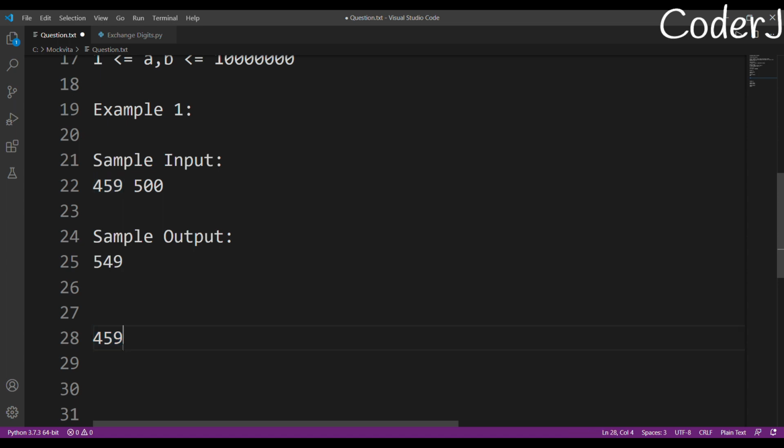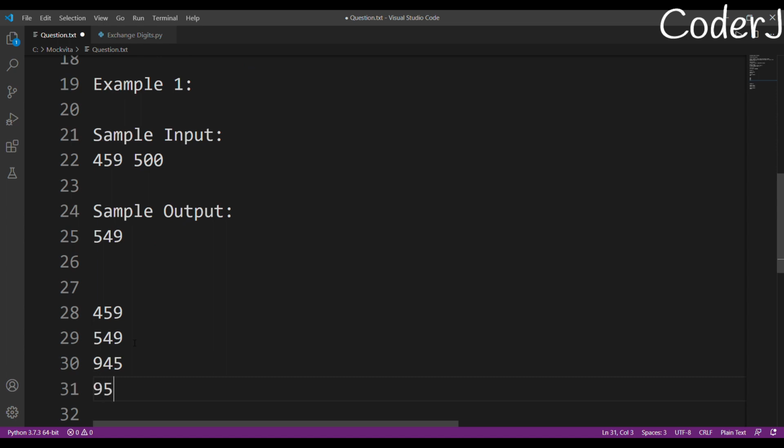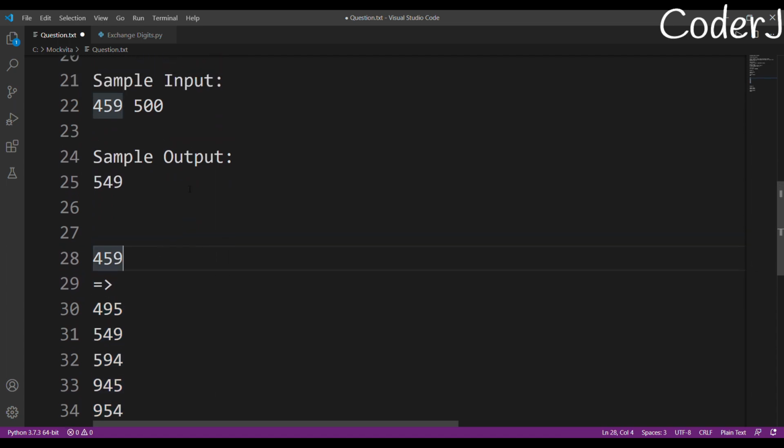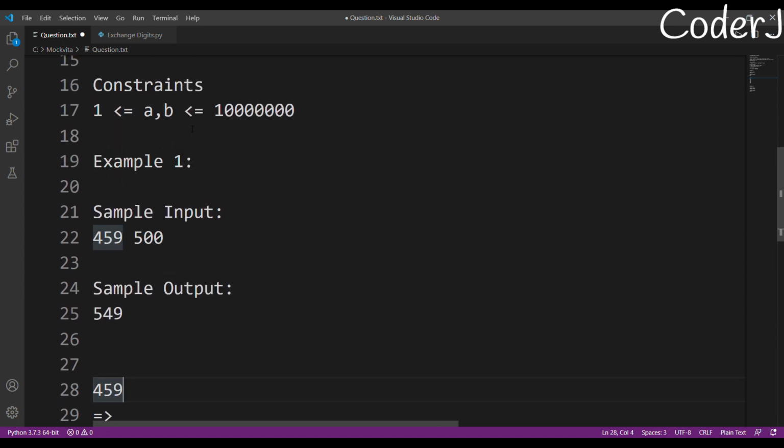If I look at all possible combinations of 459, I have 549, 945, 954, 594, and I also have 495. So for this number 459, I have all of these possible combinations, and I need to find a number that is just greater than 500. I have to find the smallest number that is greater than 500.